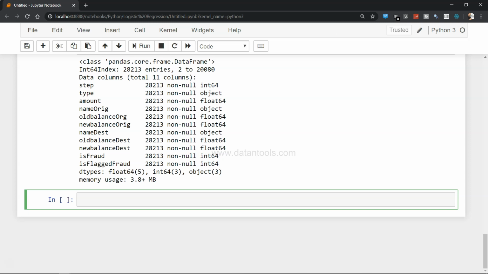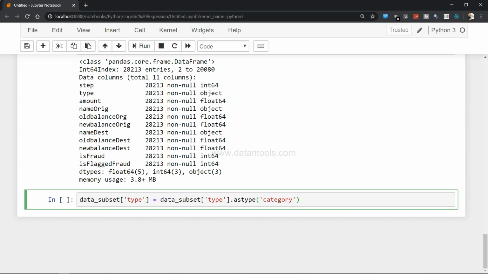For that I will say data_subset equals data_subset, and over here we want the column which is type, and type.astype category.